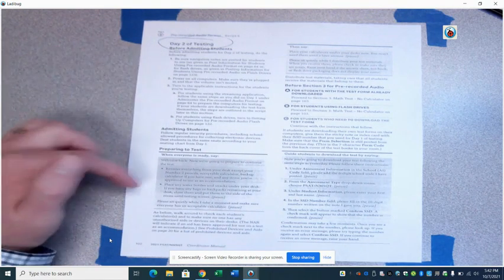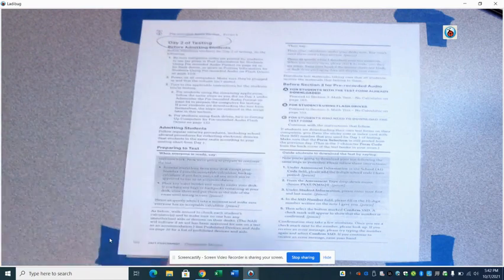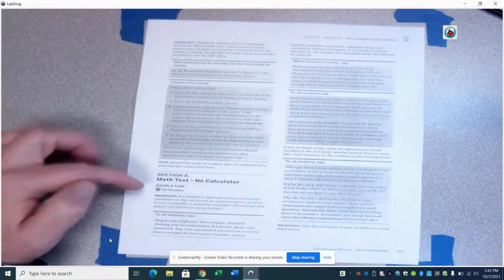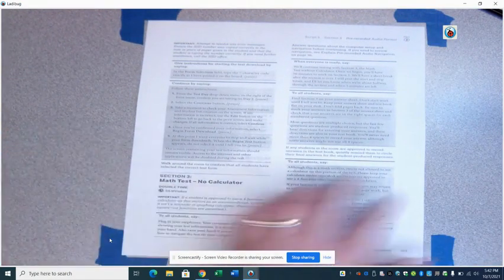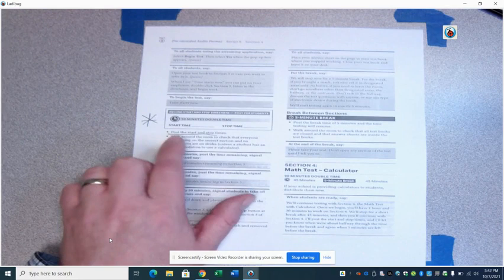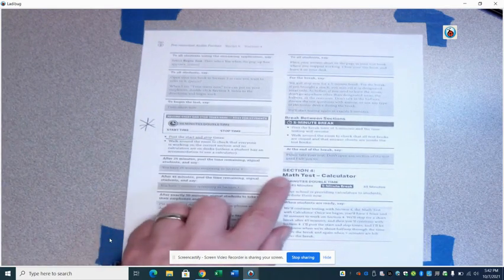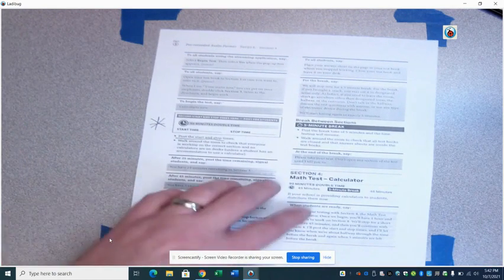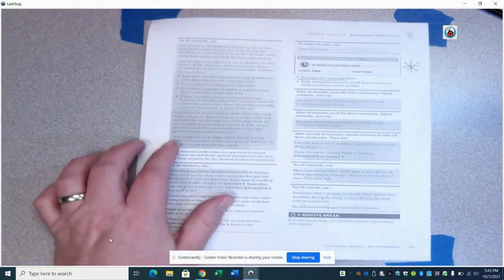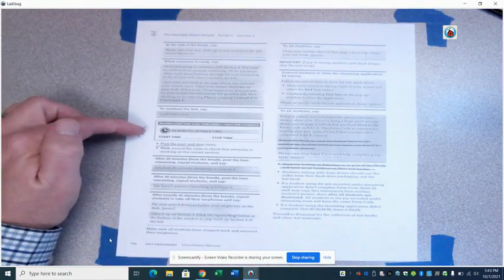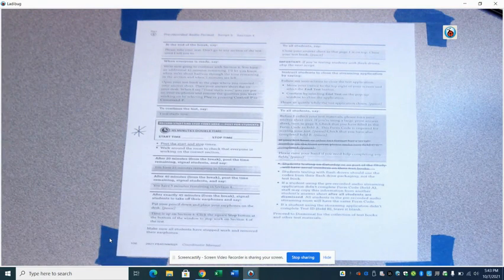Make sure you admit students, prepare them, and then go through these pieces of information as well. On day 2, you're going to be giving the math no calculator portion, and that will be just 1 session, a 50-minute session, start and stop times again. After a break, they take session 4, math calculator, broken up into 2 sessions with a 5-minute break. So there's 45 minutes, 5-minute break, the second 45 minutes, and then that's going to take you to the end of the test.